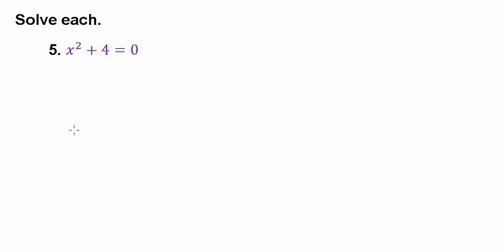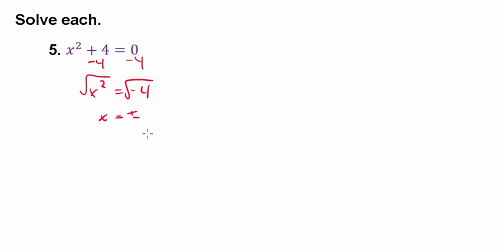So because of that, we know we cannot factor this. So our two options are to complete the square or use the quadratic formula, but in this case, we also have the ability to just go ahead and solve it because there is no linear term. So what I choose to do is subtract 4 from both sides. Then I have x squared is equal to negative 4, and I square root both sides, and so I have x is equal to, now don't forget your plus or minus,